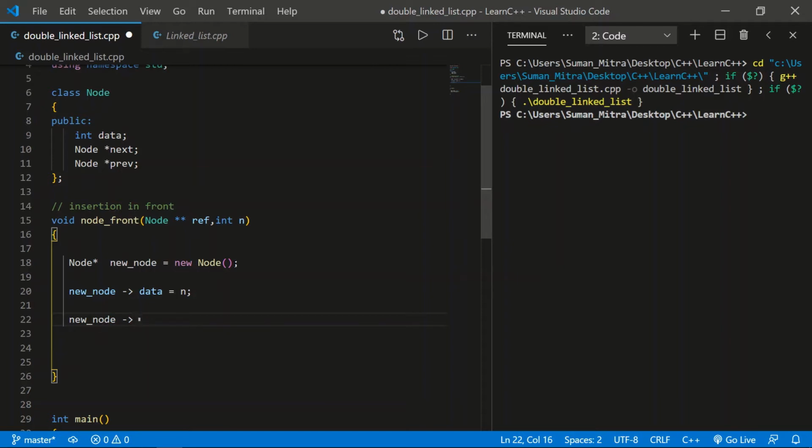So we'll write new node and we'll write next. In the next it should point to the head that was passed here. This is the reference. Because this is currently the head, but we want to add it in front of it, so the new node should point to the reference. So this should be our next. I hope you're getting till this line.